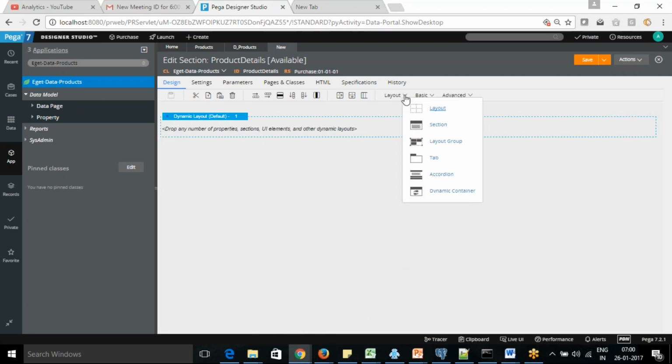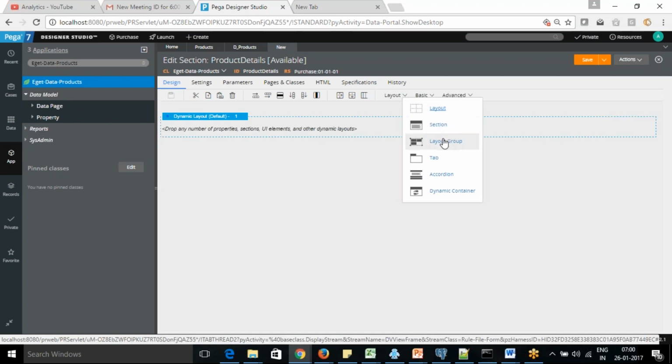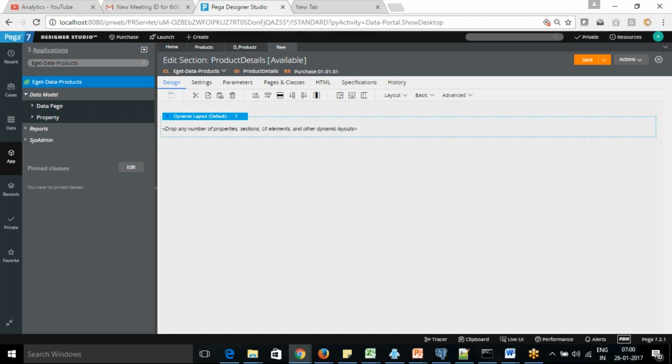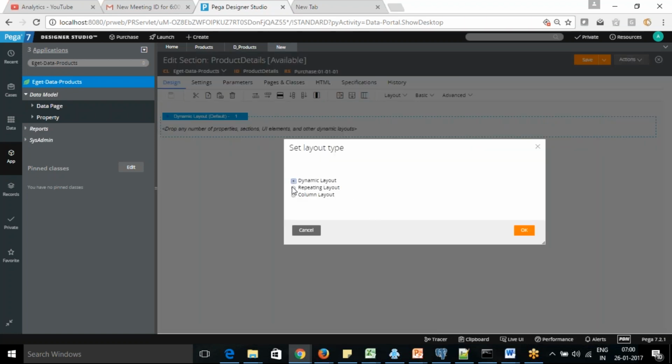Okay. So here, I'm going to create a layout. I'm going to use a repeat layout. There we have grid.